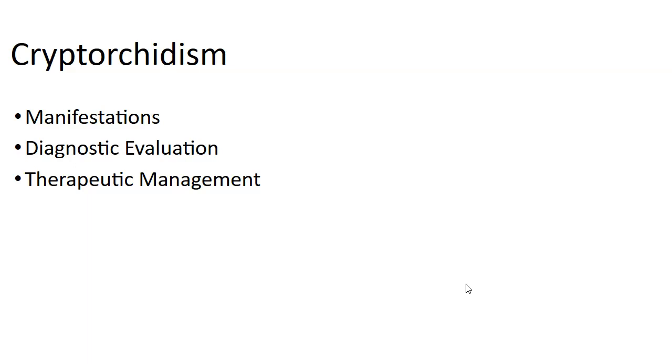Cryptorchidism is when the testes are hidden or do not descend. It can either be unilateral or bilateral. Manifestations include the testes that are not palpable or easily guided into the scrotum. If they cannot be found, they will rule out if they are truly absent. Therapeutic treatment includes just observing for the first 6 months. Surgical intervention to bring the testes down may be done after 6 months of age. It is typically done outpatient and by a laparoscopic approach.